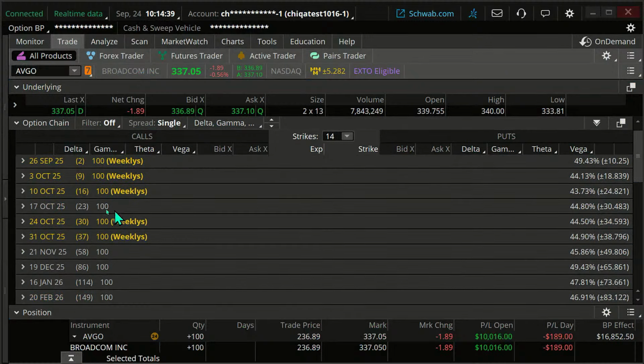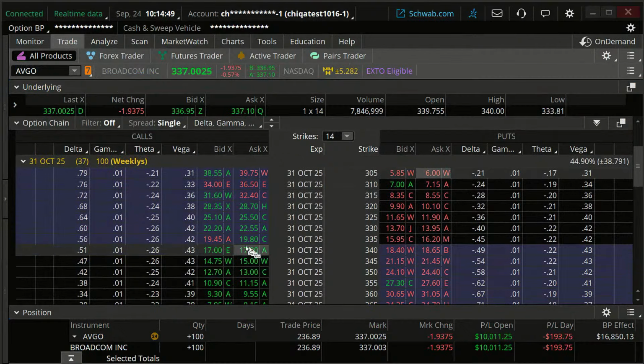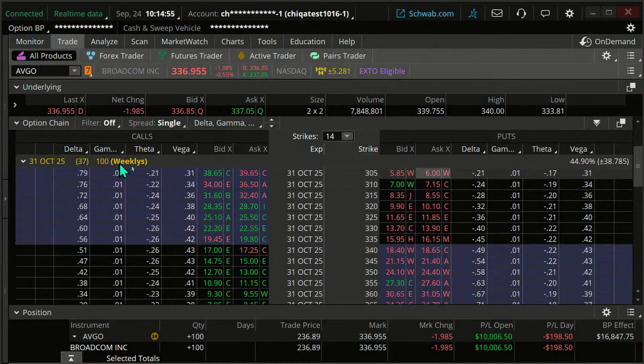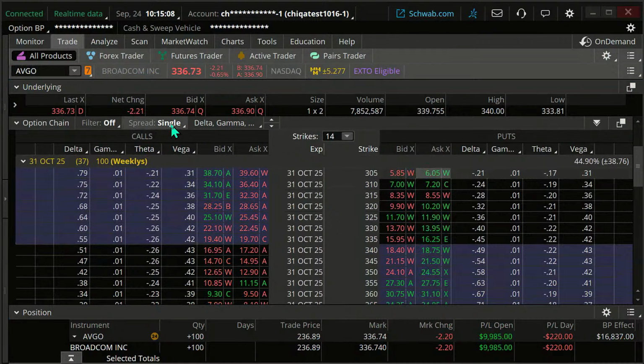So I'm going to go out. I can go monthly, go out a month. I can go out a little bit further. Let's go out just a little bit further here. Let's go to 37 days. Double check our liquidity. Double check our bid-ask spreads on these. Because sometimes they're a little less liquid on these weekly options, still doesn't seem unreasonable for a stock that's as expensive as that.